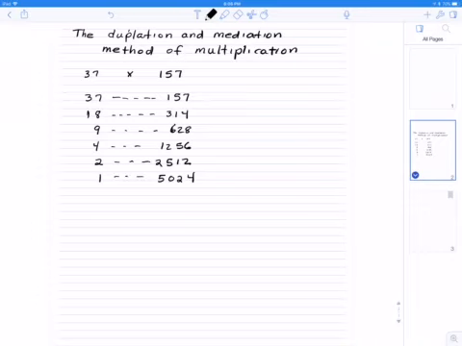Now we'll identify all the even numbers from the left-hand column. So 18 is even, 4 is even, and 2 is even. We're going to cross out the entire row that begins with an even number. So